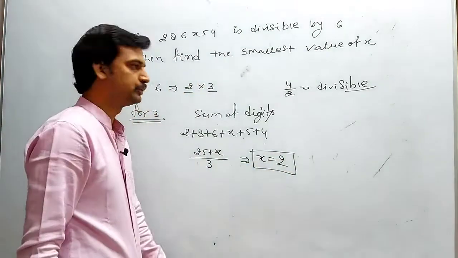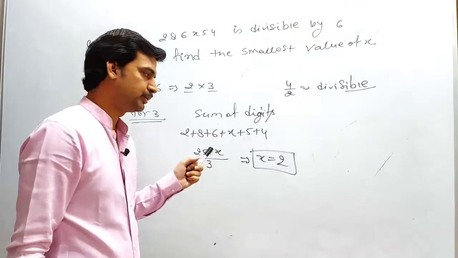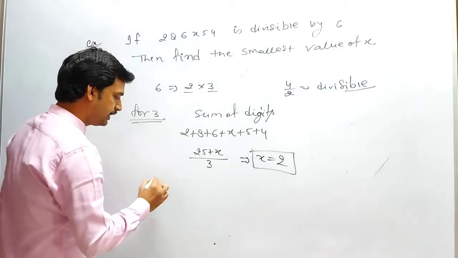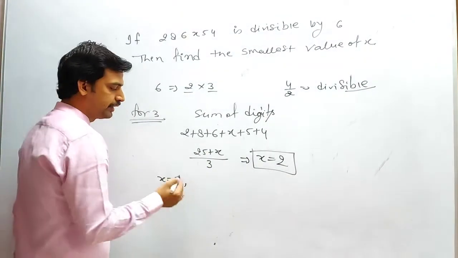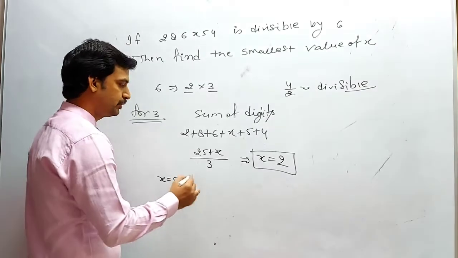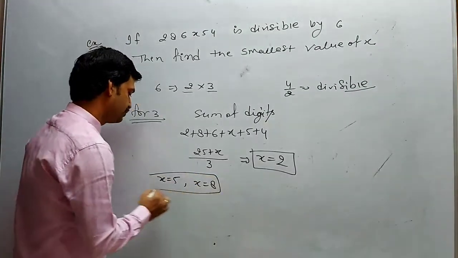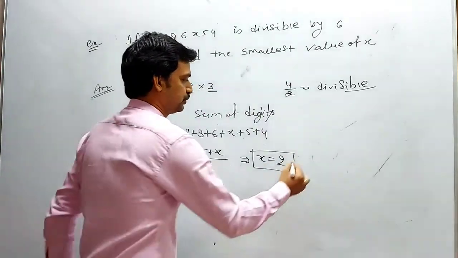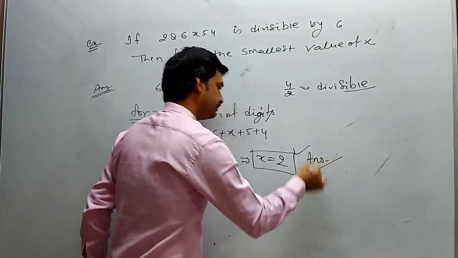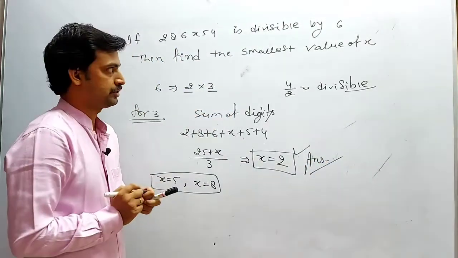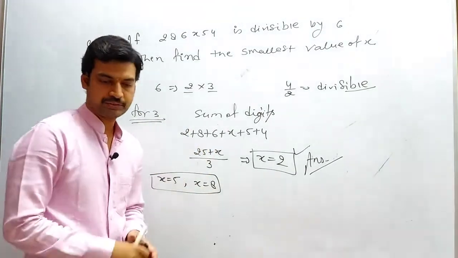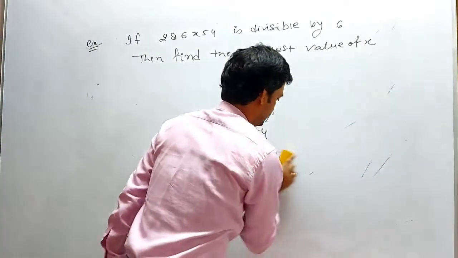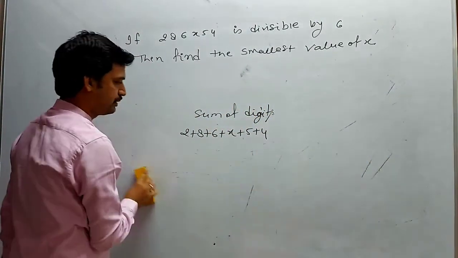This was the smallest value. Here x can take 3 values. 27 is this one. Next one would be after 27, 30. To make it 30, x would take the value 5. Next is 33. For 33, x would take the value 8. So there are 3 values of x possible in this question, but the question is asking about the smallest value, so this is your answer. Right? If the question says divisible by 9, then the answer is also the same. After that, you can solve some questions on the basis of divisibility rules.